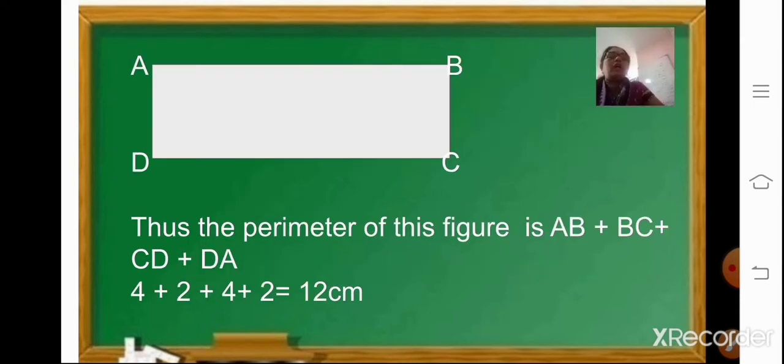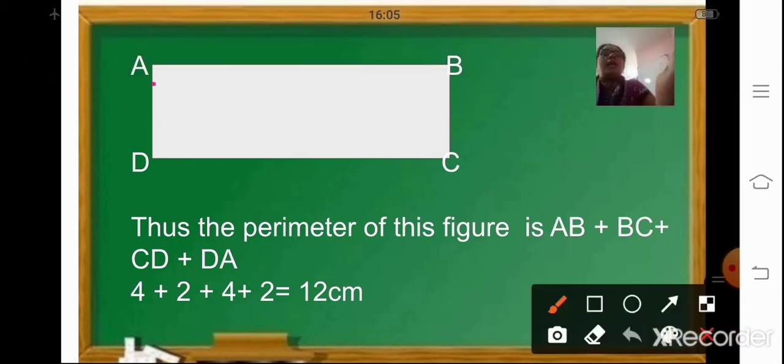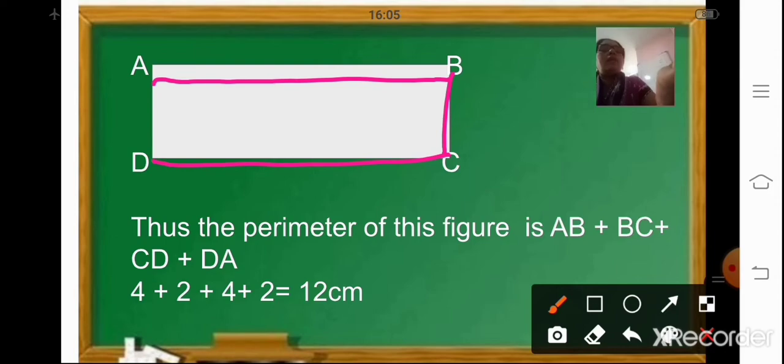Now here this is a figure of a rectangle. Here in this figure, when we start at point A and move along to B, and then from AB we move along to BC, and from BC we move along to D, and then we move along to DA, and we reach the starting point that is A. Now only in a closed figure it is possible. Yes, so we can find the perimeter of only a closed figure, or you can say perimeter is the total length of the boundary of a plane closed figure.